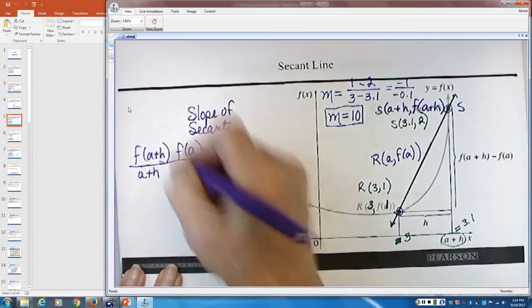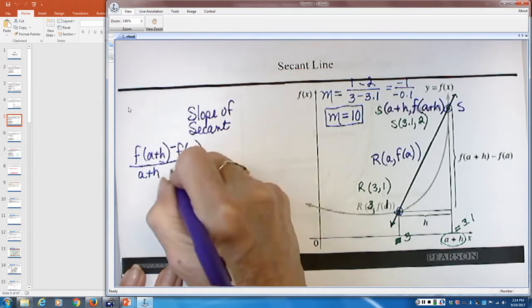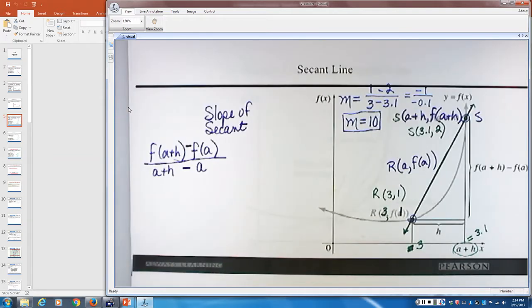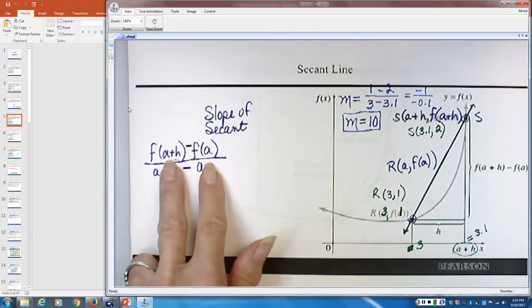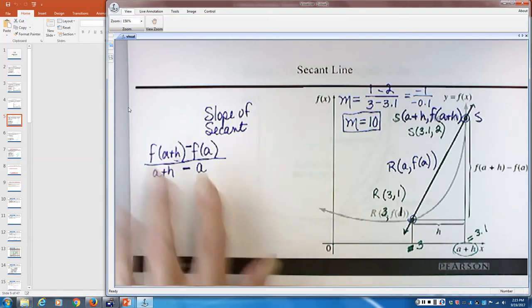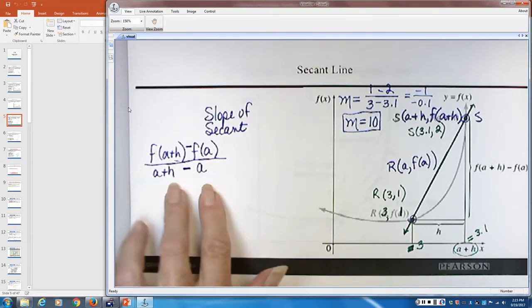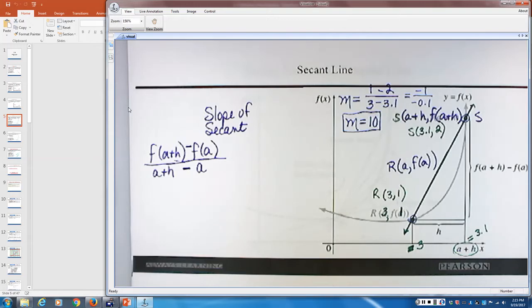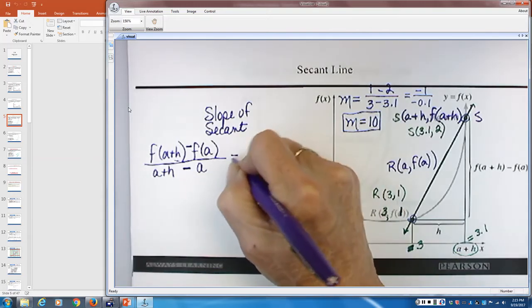Because that's the definition of slope, is that we subtract the y values and we subtract the x values. Okay, and is everybody with me so far? This is the change in the y values, regardless of what value we're actually starting at. This is the change in the y values, this is the change in the x values. Okay? So the slope of that secant line is actually